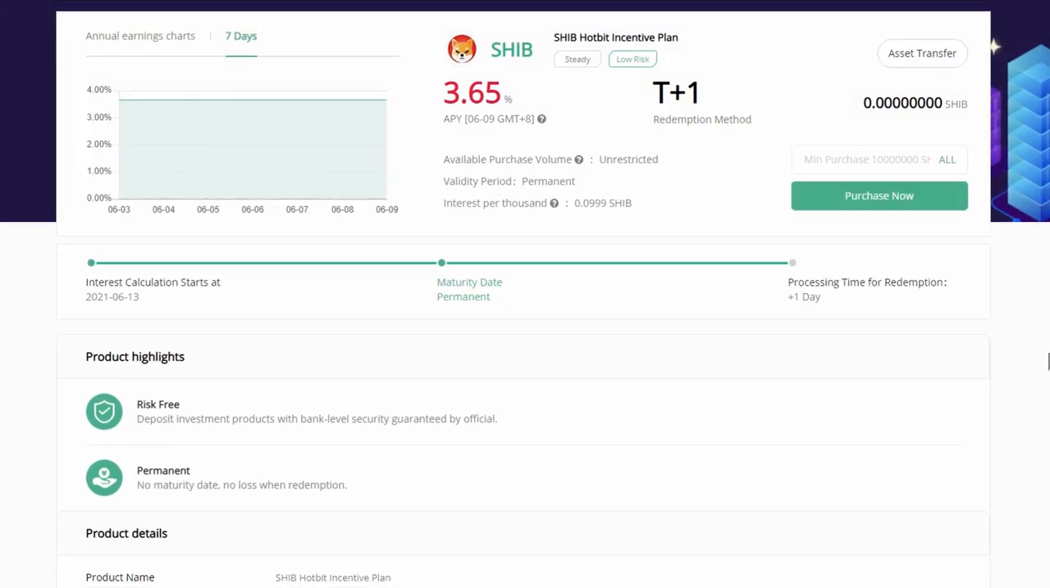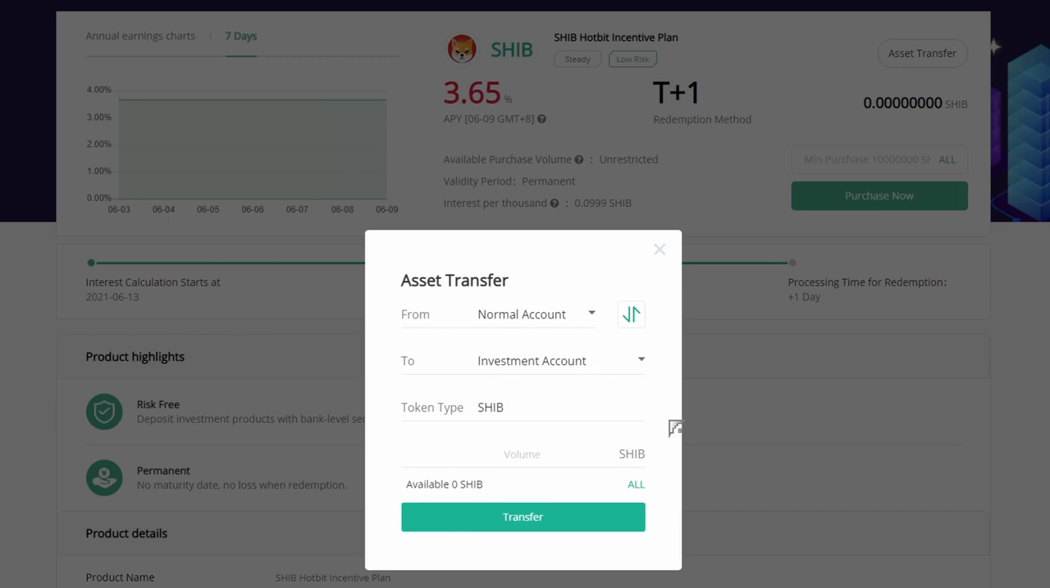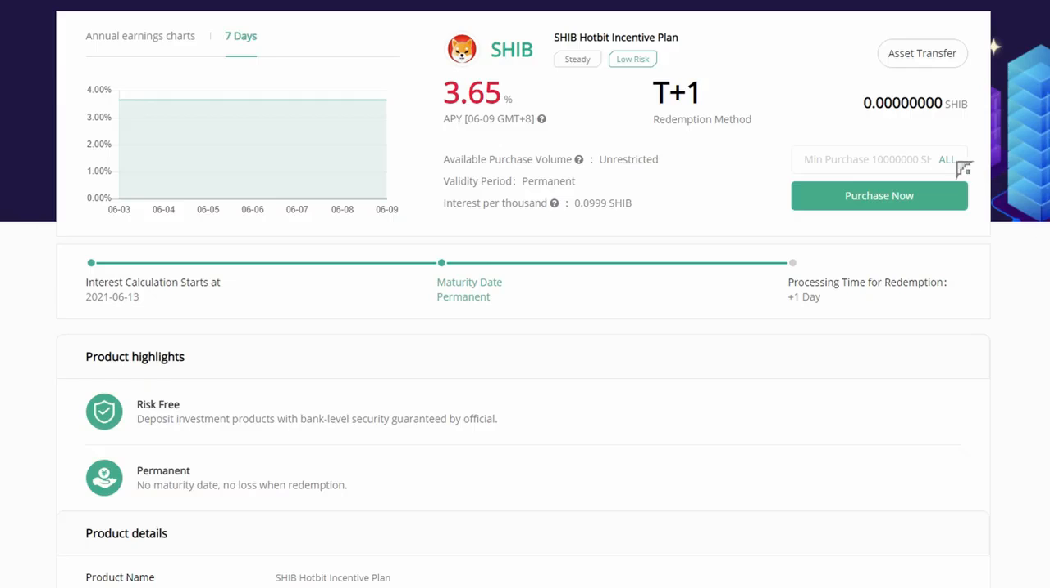And next we need to transfer our Shiba tokens from our normal account to our investment account. And we can do this by clicking on this asset transfer button. This will transfer instantly with 0 fees, so you don't have to worry about that. And we'll just type in the amount we want to transfer here and click on the transfer button. Once it transfers, you'll see the amount you transferred reflect right here. And we'll type the same amount into this purchase box and click on purchase now. After you do that, it'll begin processing, and after a day or so, you'll start earning daily passive income